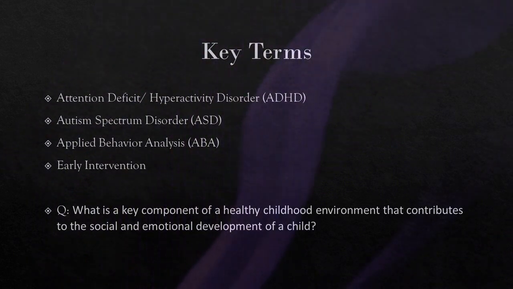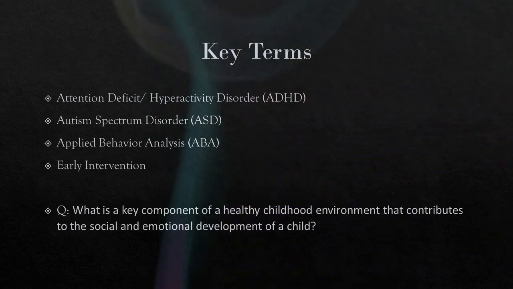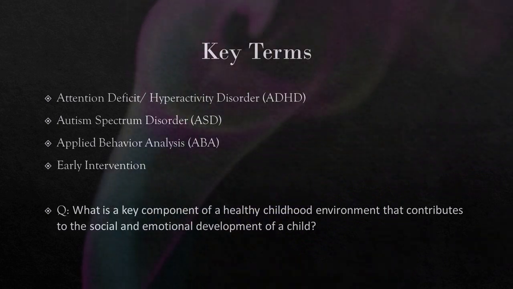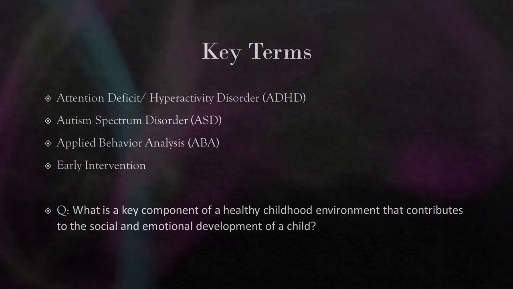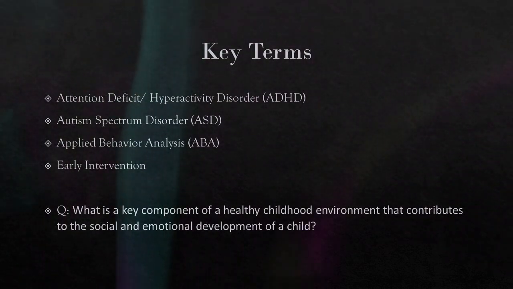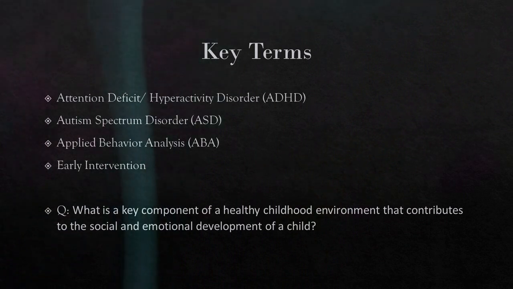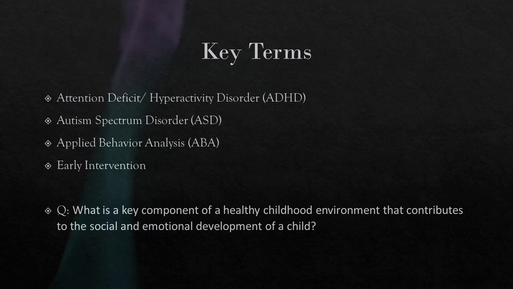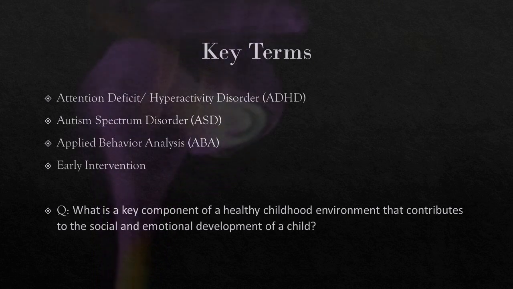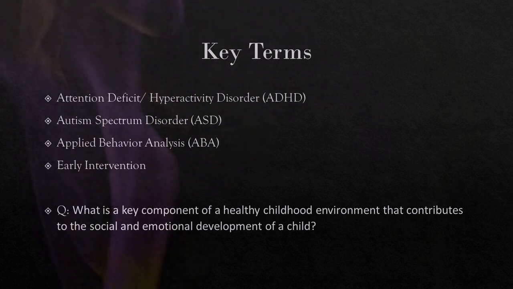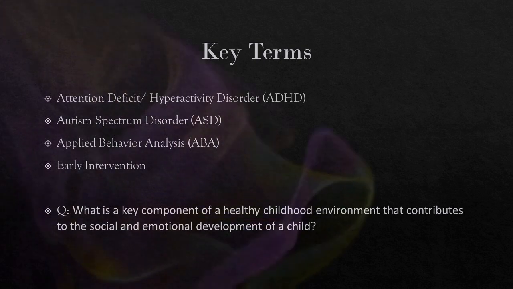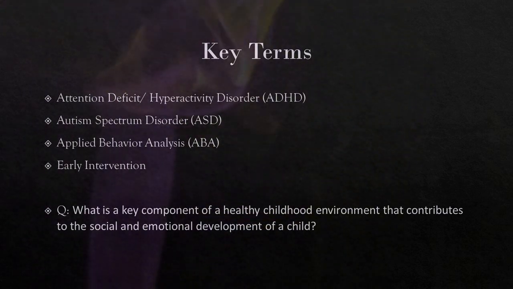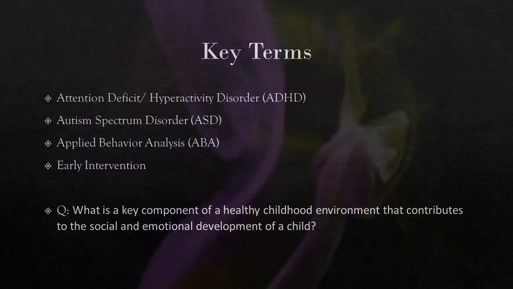And as you see, early interventions are specialized programs and services implemented during the early developmental years to address and support the unique needs of individuals with these developmental disorders, things like autism spectrum disorder. And what we consistently see is that early intervention, comprehensive, broad interventions, and interventions that are tailored to the individual go a long way to improving the life of the individual and the overall functioning of society.